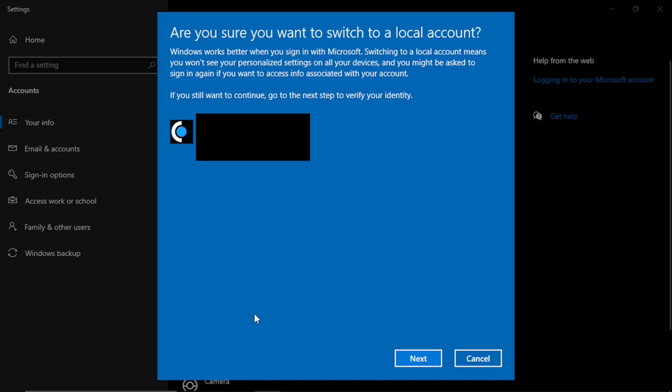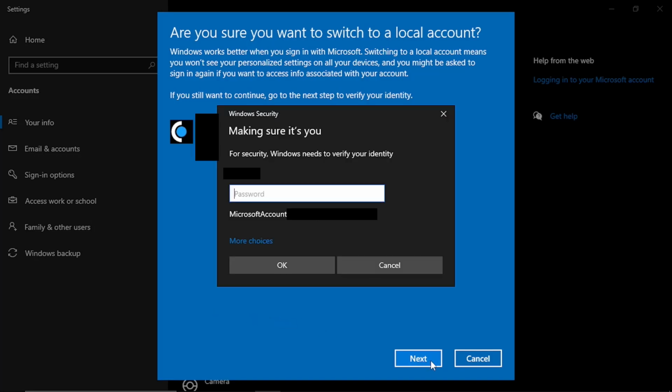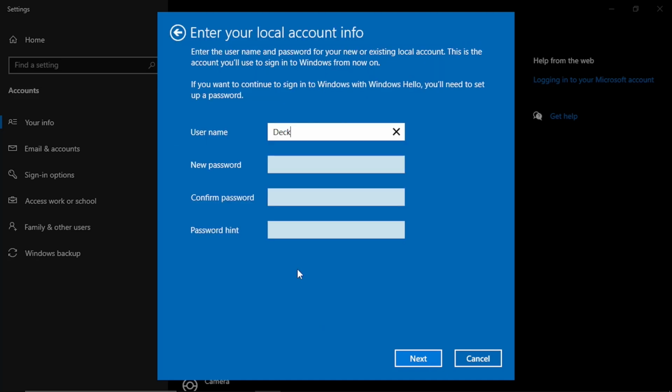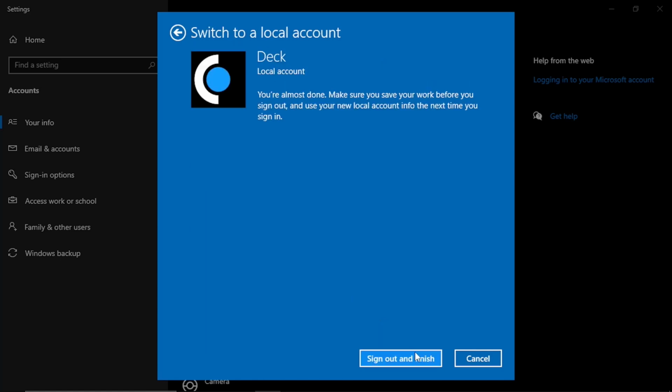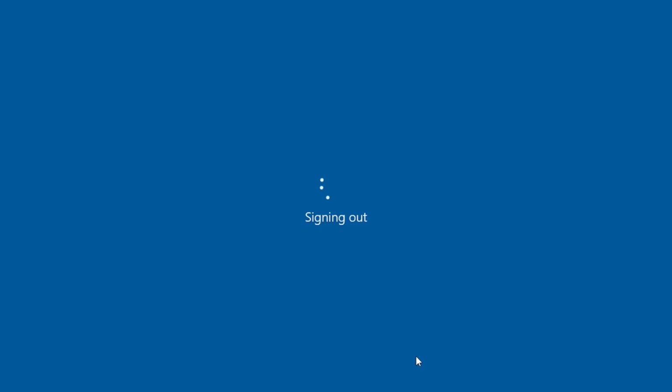It will show a warning, but you can click Next to continue. You will be prompted to log in with your Microsoft password to confirm. And now you can set up a local account. Fill in the necessary details, and click Next. Select Sign Out, wait for Windows to finish signing you out, then sign in with your new account,